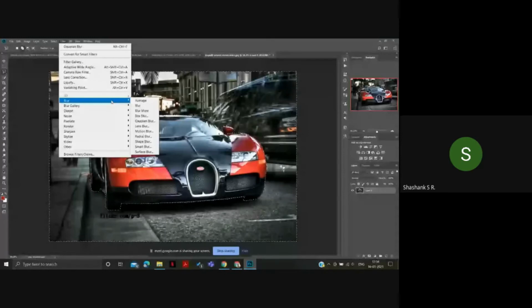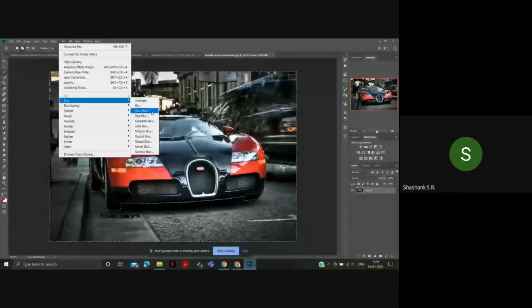Then you just have to go to Blur, and there are so many types of blur, like if you want some boxes to be present in the blur, or you just want to blur it normally, or you want it to be motion blurred, or blurred radially. Such types are there. I'll be choosing Gaussian Blur.